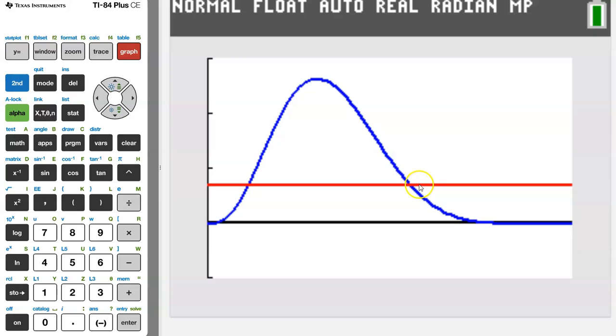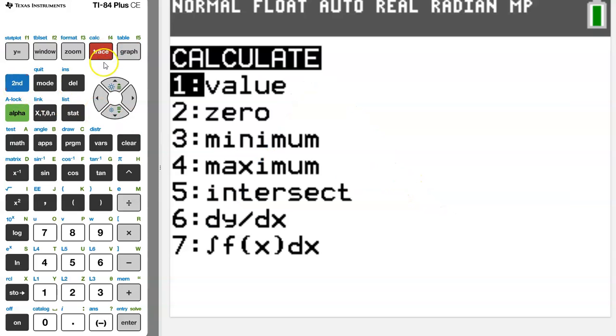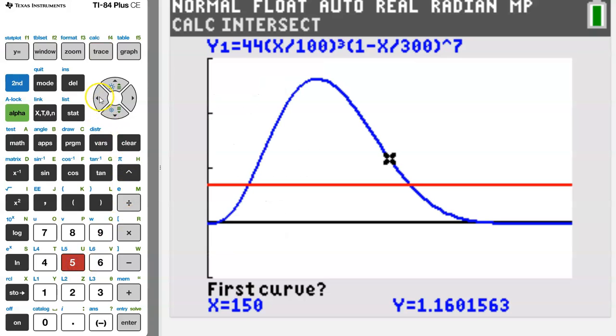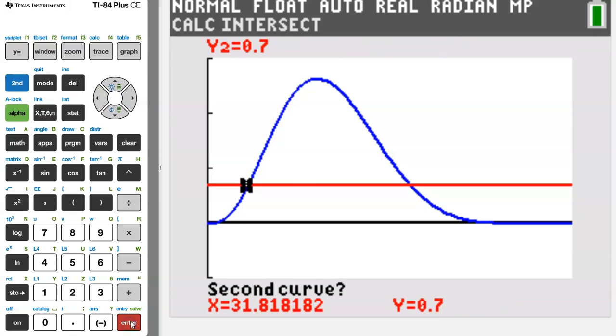Ooh, that is a very nice looking graph. So we are looking for these 2 points of intersection. So hit second trace, and option 5 is for intersection. Move your pointer close to the first point of intersection and hit enter 3 times. Enter, enter, enter. So this is our first critical value,